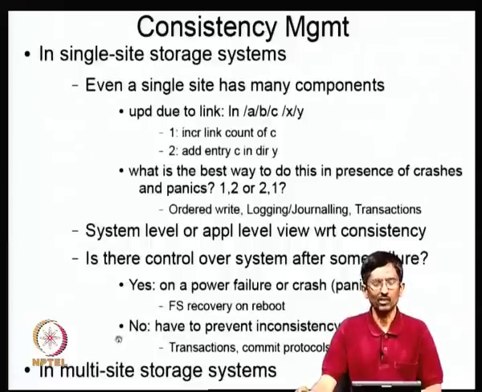There are some other situations where you really can't afford to have any inconsistency. Typically this is the case with concurrent transactions which have some real world implications, like for example monetary aspects, transactions, database kind of things. So here you have to prevent inconsistency. Therefore, you do certain things and then you might undo things because it didn't satisfy some consistency properties. You don't wait for the system to reboot before you do it. If there is inconsistency, you have to immediately correct it. So transactions and commit protocols are in this category.